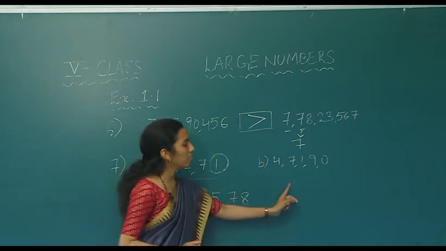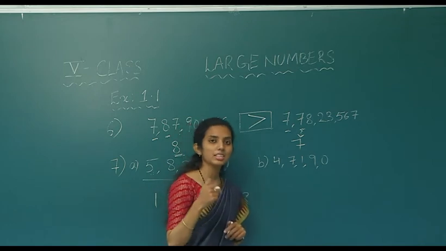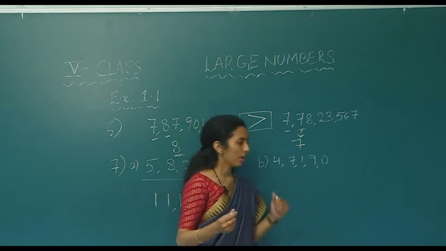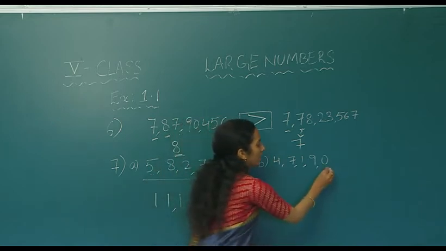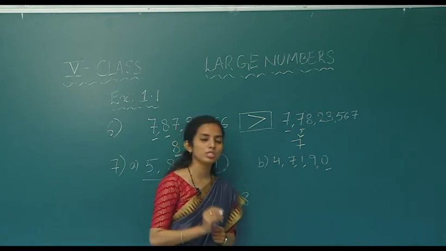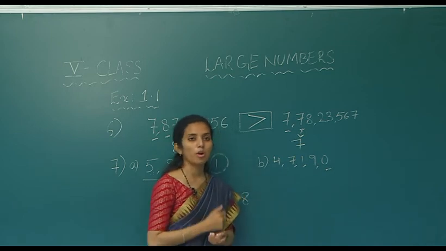In the same way, here he has given us 5 digits, but he is asking us to write 7 digits. So, what will we do? In the same manner, what is the smallest digit given here? 0. But do we start numbers with 0? No, we do not start numbers with 0. That number cannot be counted. So, what will we do?